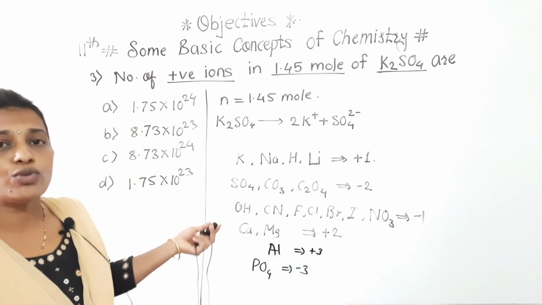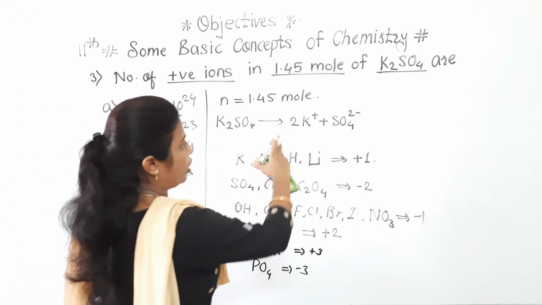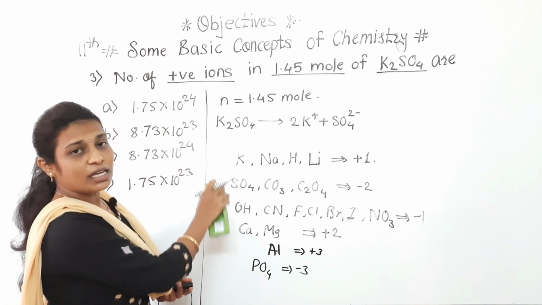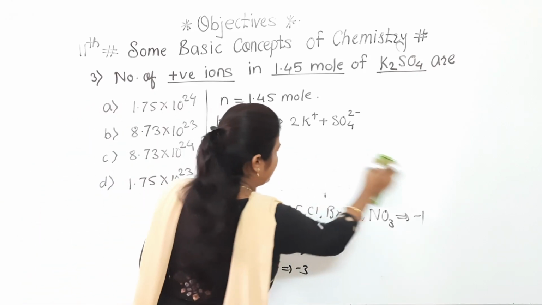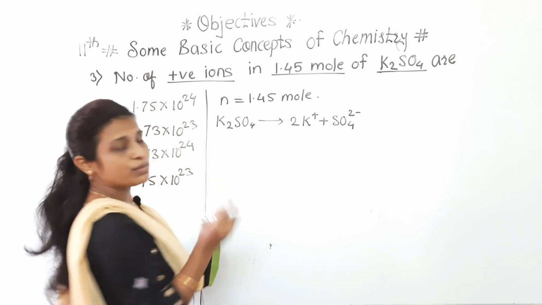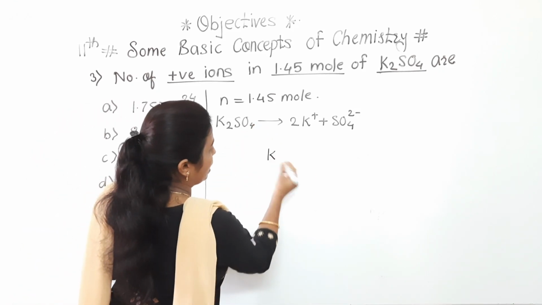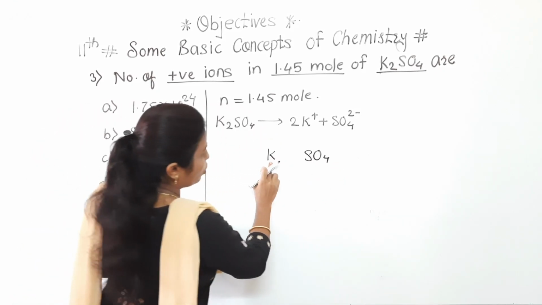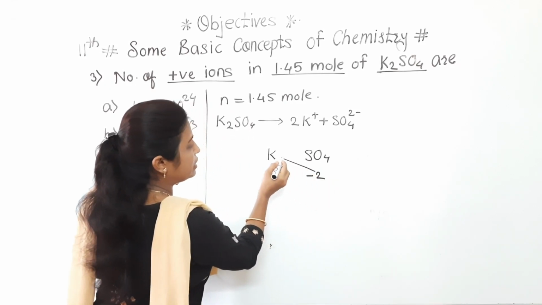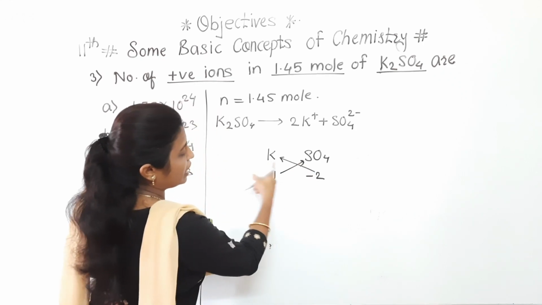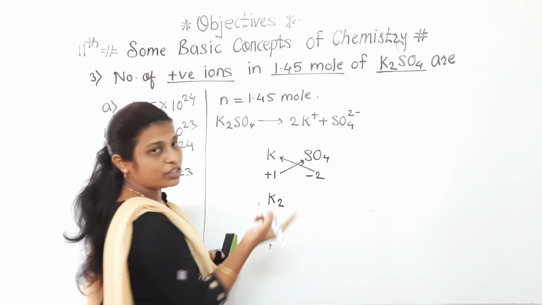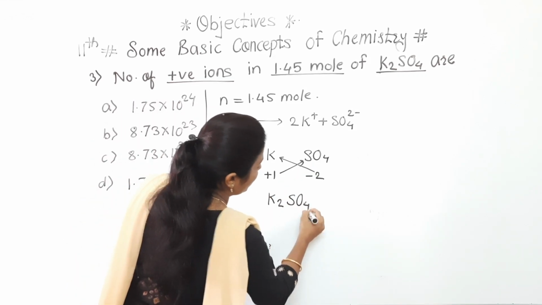Now see how to write the formula of K2SO4 and how we can ionize it. Clear? Hope you have completed. If you have not, take a screenshot and complete it afterwards. So now see here, potassium sulfate. Potassium symbol is K, sulfate is SO4. What is the oxidation number? +1. And for sulfate? -2. So simply by the number we have to multiply. K is multiplied with 2, means K2. SO4 is multiplied with 1, so its formula will be SO4.